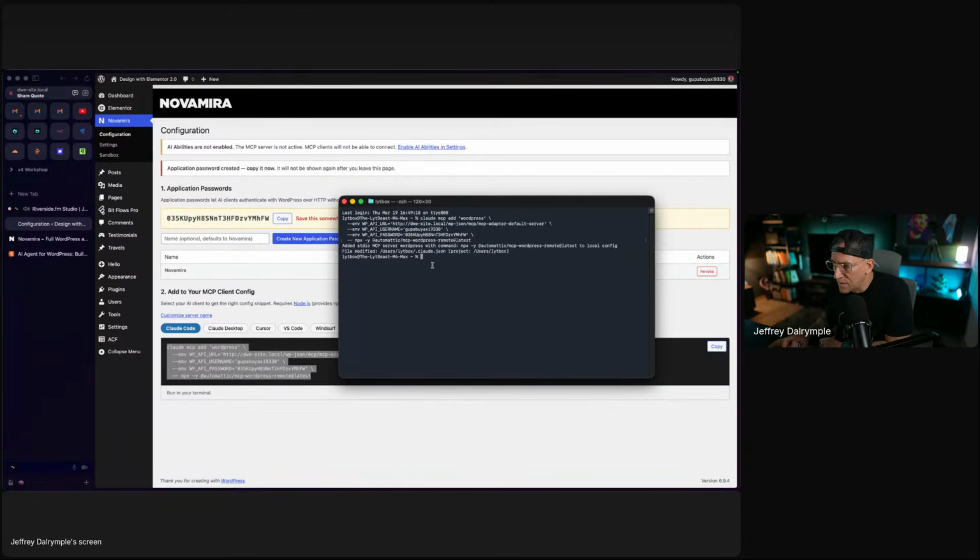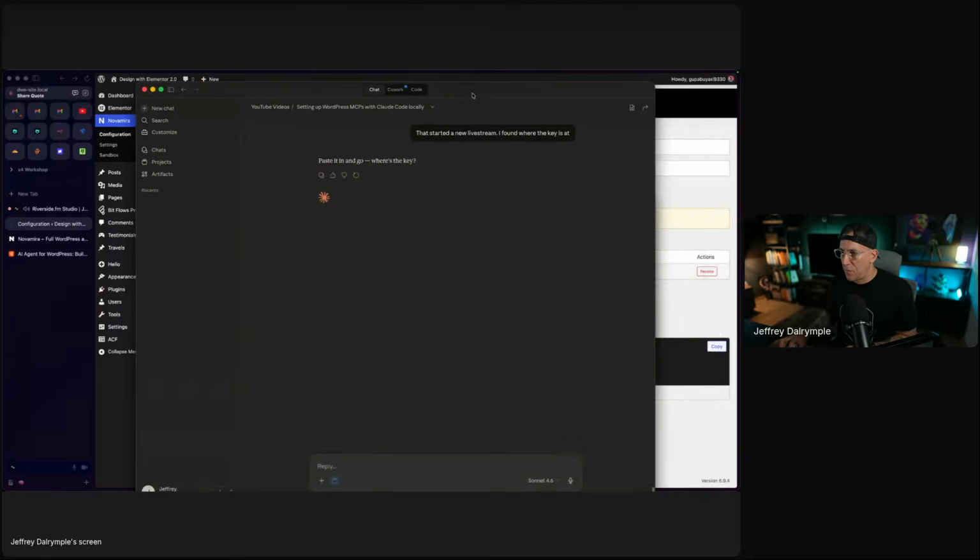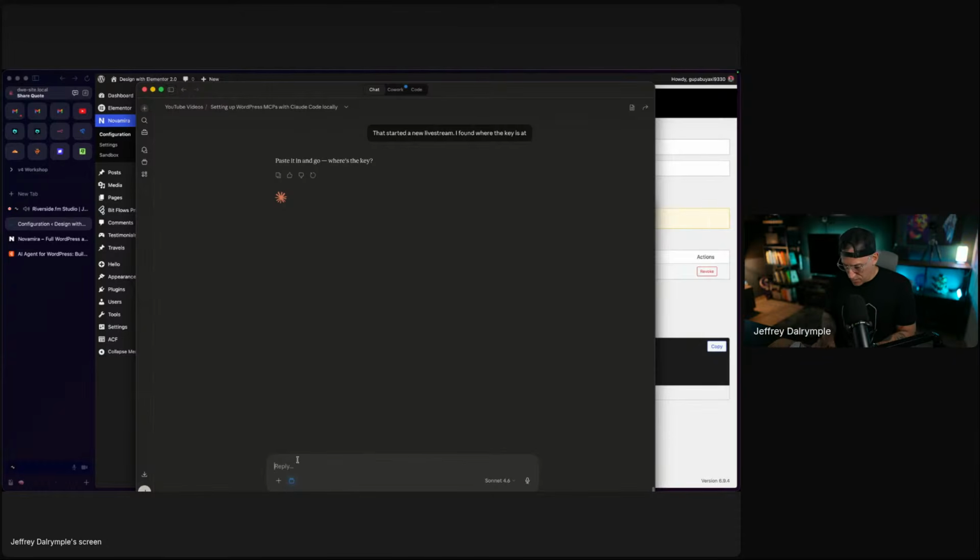Okay, it's looking good. As I'm using this, I'm going to pull up my Claude. I've already been working with it on this project, so I'm just going to keep this one open. It was helping me connect to a new tool for the live stream. That was tricky. I feel like I lost a lot of mental capacity during that one. Okay, we're live. Let's do this.